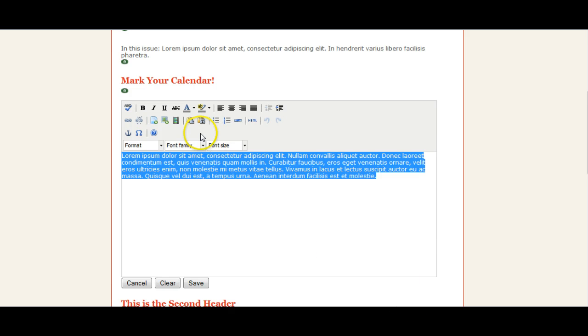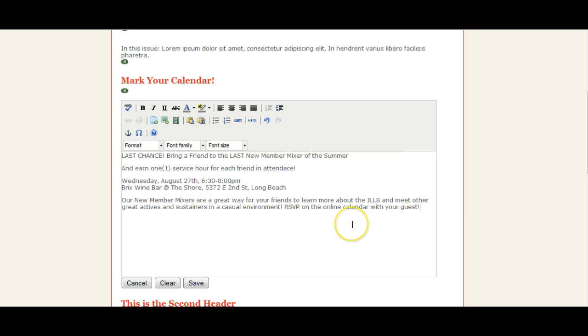And so all we have to do in order to prevent that is to copy the information, the language that we're going to paste into here, as plain text. And to do that, you want to click this button right here. We're going to paste as plain text. So now we're going to paste that in,